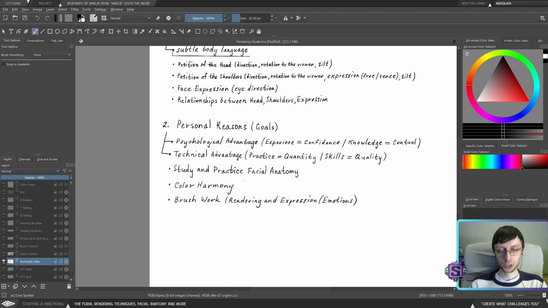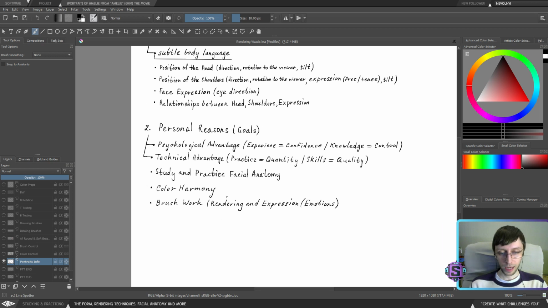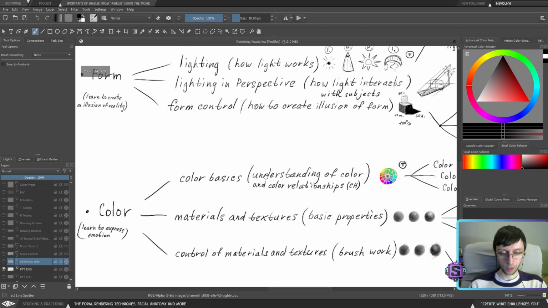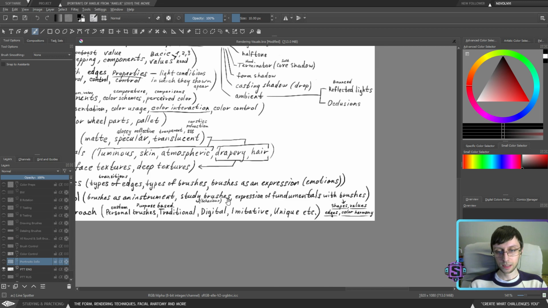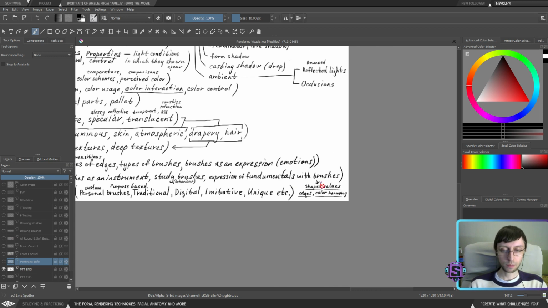So again, there are multiple things. We're going to work with shapes, we're going to work with brushes, we're going to work with edges. Everything that works with this is included in the brush work. So if you don't know what I'm talking about, it's in here. Basically, brush work is working with shapes, working with values, working with edges, and working with color harmony.